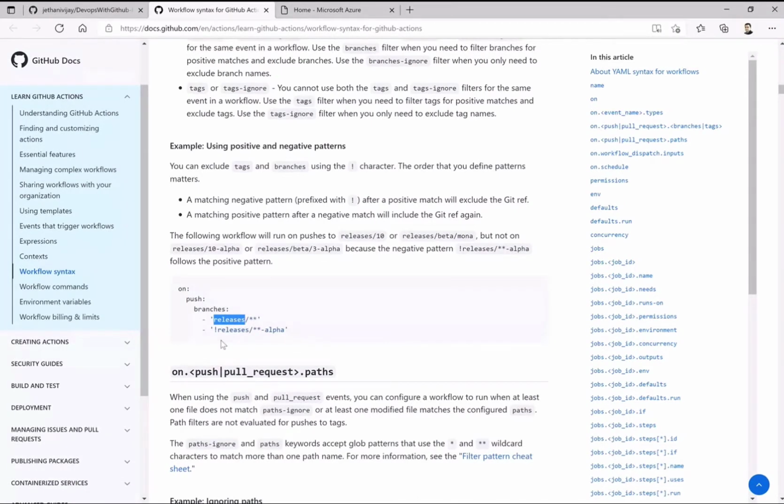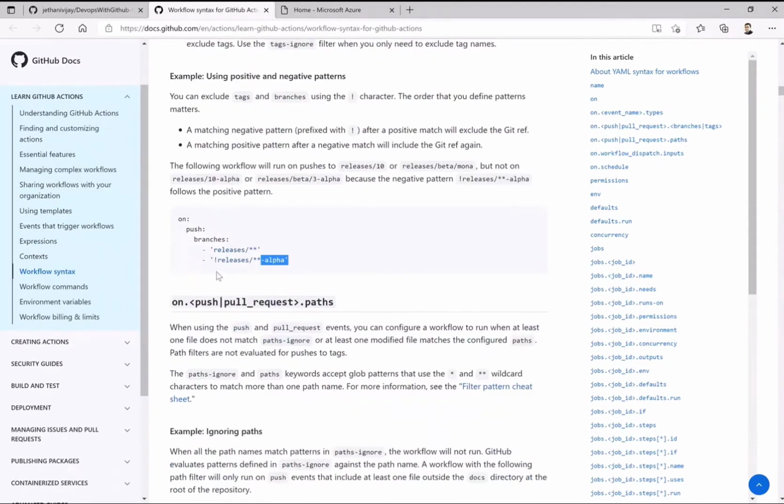Okay, and I should ignore anything that starts with an exclamation mark, but I should avoid hyphen alpha. Okay, so that also we have. Similarly, in a commentary here for specifying that we should ignore if it starts with something or ends with something with hyphen alpha. Okay, so that should not get triggered.